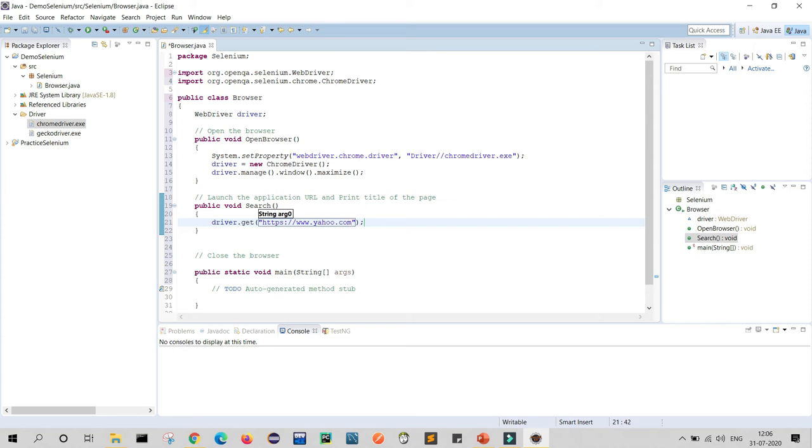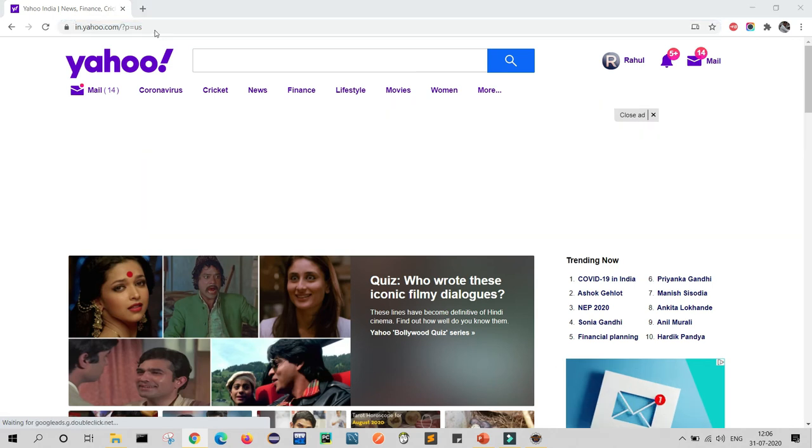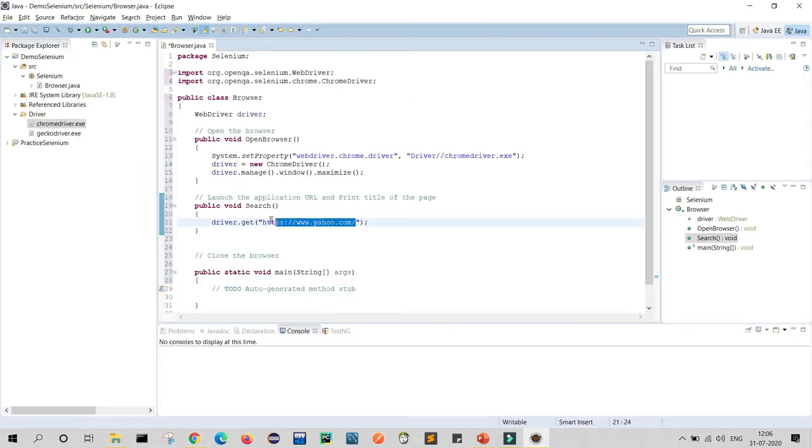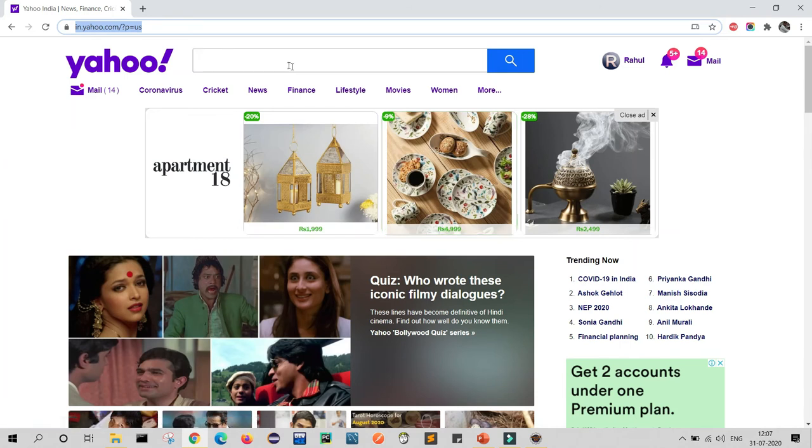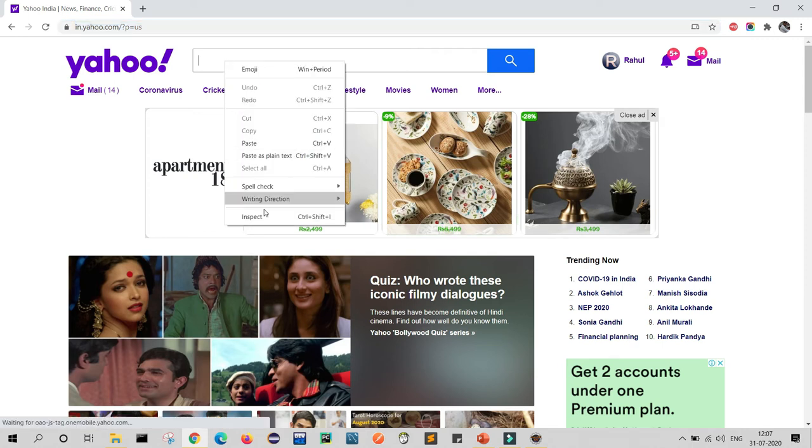which I will launch. Or if you want, you can just copy this URL and paste it here to avoid errors. If you just normally write yahoo.com or in.yahoo.com, it will navigate to the same URL. So no worries, just to show you. Now what will I do? Once my URL opens, I want to go in this search box and type something. So for this we will select that and go to inspect element, and now the locator activity will come.